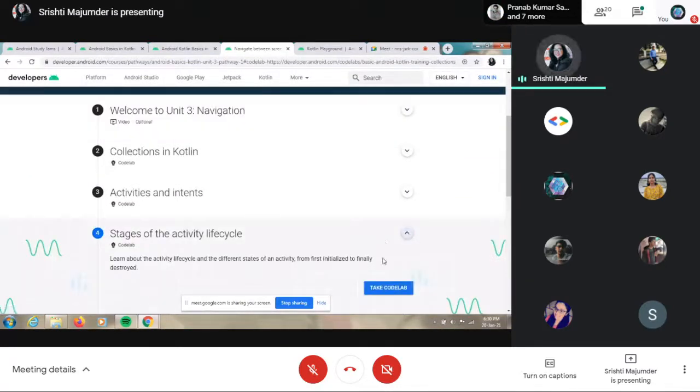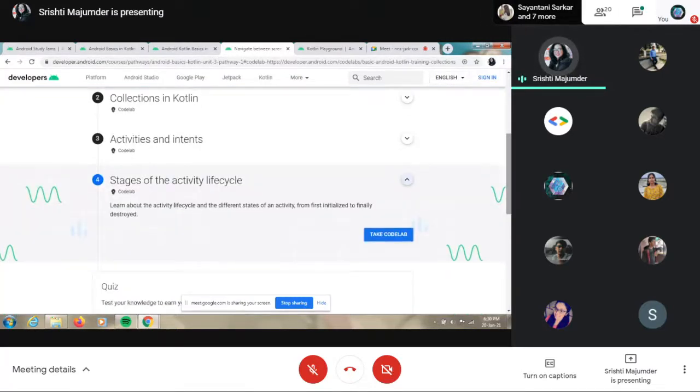Okay, so now we come to this part, the stages of the activity life cycle. This is a very easy part. Here you will learn how long the data in our app will last and how it will get initialized.